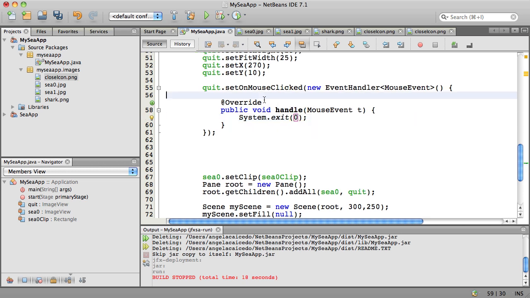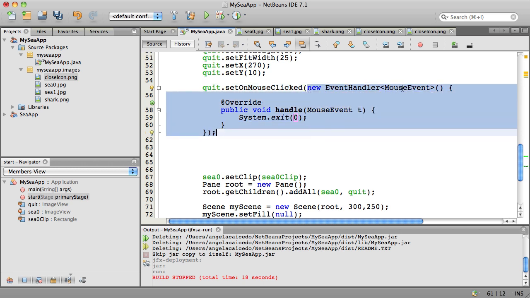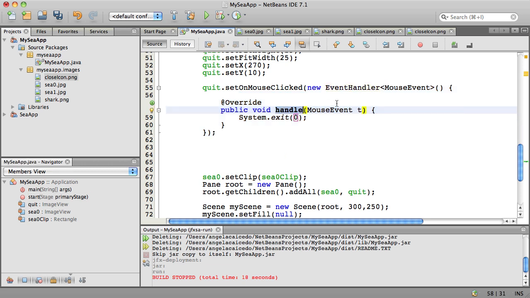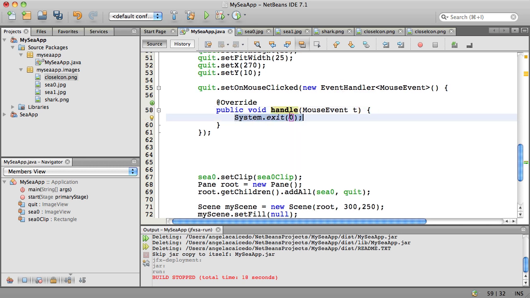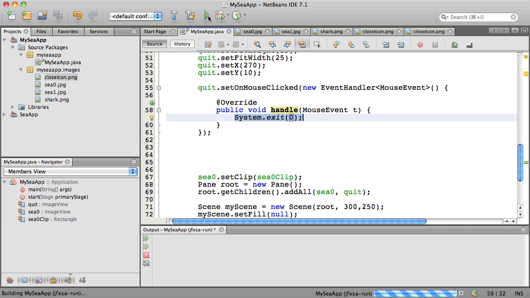So what we're doing is handling the mouse click events. We do receive a mouse event, and this is going to be the handler for these events. Whenever we receive a mouse event from this quit, we're going to execute the handle method of this event handler, and right here we're just quitting the application. So if we run it, hopefully